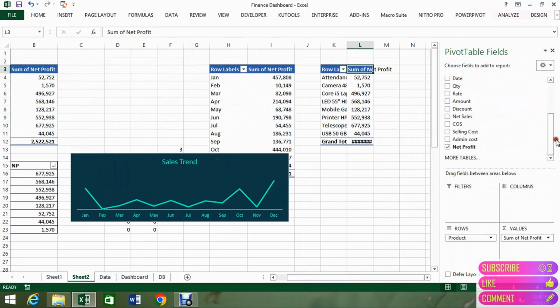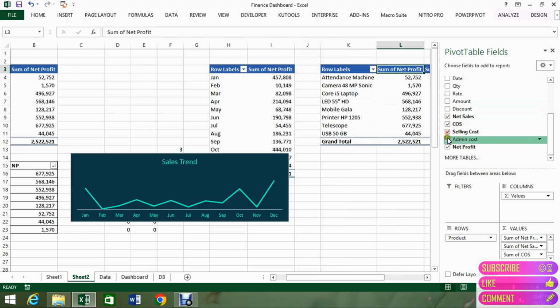So the value actually it should be placed in summarized form for the relevant areas, and we